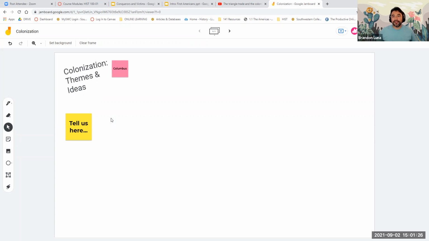Because this is one of the big themes that really we'll be discussing for the next couple of chapters this week and next week. Let's take the next 5 minutes to brainstorm, share, and we'll come back. You can also use the pen if that works for you. I think the sticky note is probably the easiest. I'm going to move this one here, and we have more than enough room. But the sticky note will be this little square here just in case.